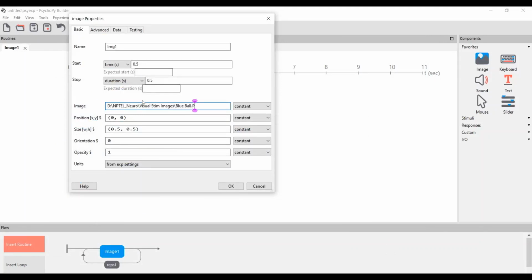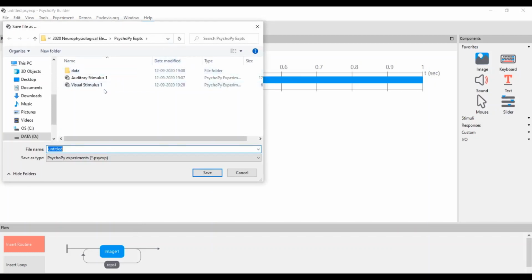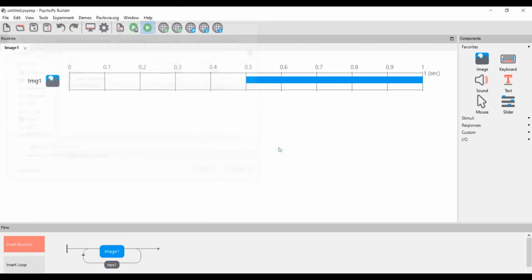Let's take the example of the blueball.png image, which is already stored there. Just press OK. This timeline will tell you that after half a second the image will appear, and as I mentioned, it will be repeated 5 times. Let's confirm this once and save it as visual stimulus 1.